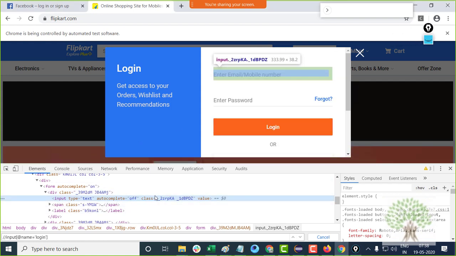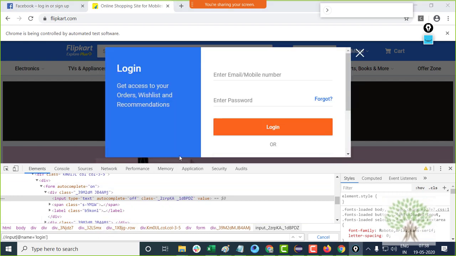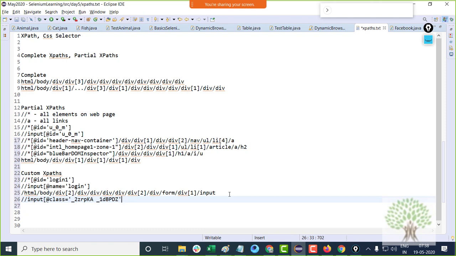Now, this input tag has a class, this particular class. If I build the XPath on this class, if I write over here input whose class is this, you have to be very careful about class because class is not unique for an element.